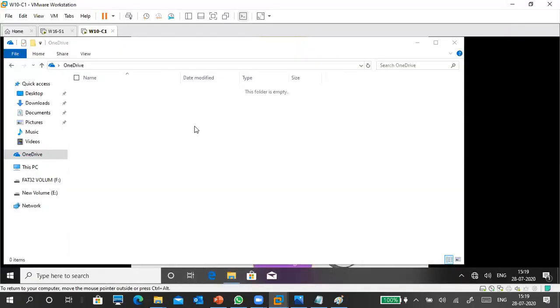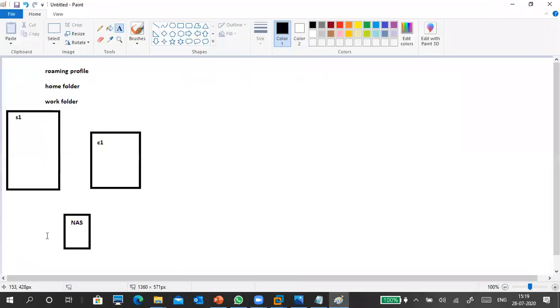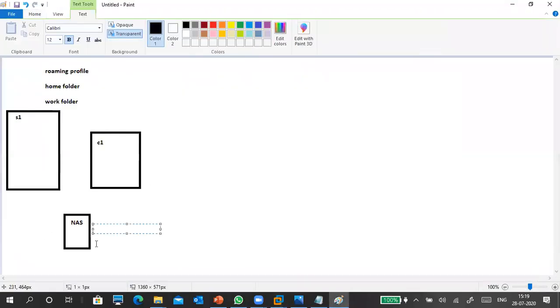What are the data you keep? Same thing, this work folder will also come up here. Whatever data you keep in a work folder is stored in a central location. For example, you are working in a company.